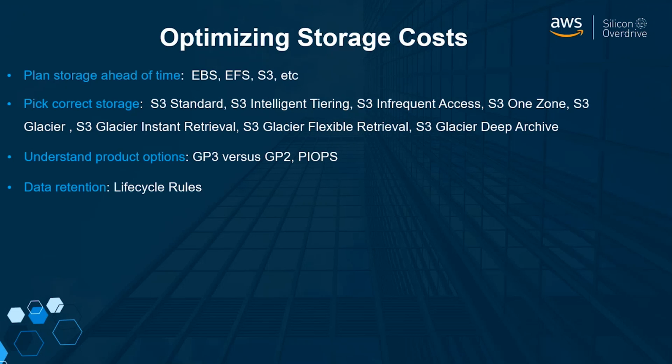Like on EBS, you've got GP3 versus GP2. You've got your different cost savings. GP3 comes with an out-of-the-box 3000 IOPS, so your input outputs, whereas your GP2 is your older school, and you've got 3 IOPS per 1 gig. So if you've got a 100 gig GP2, you'll get 300 IOPS. Whereas if you convert that to a GP3, you'll naturally get 3,000. So you'll get 10 times the performance, and it will actually be cheaper per hour. So really and truly, there is no reason to run a GP2 ever.